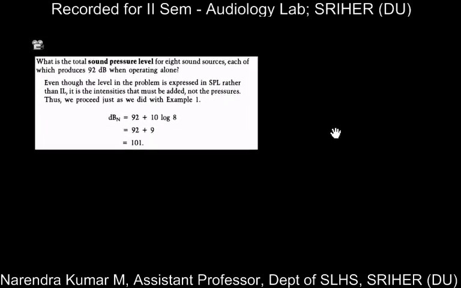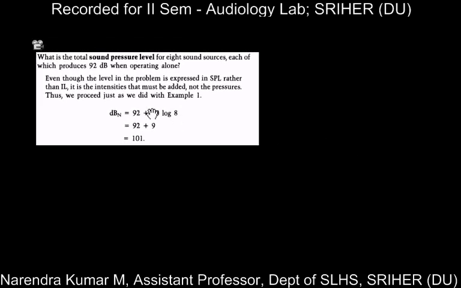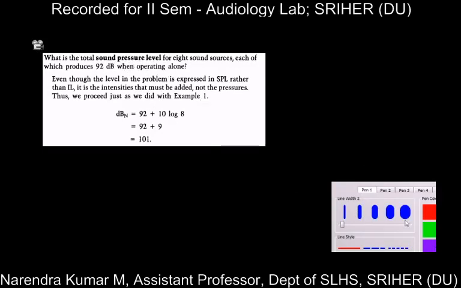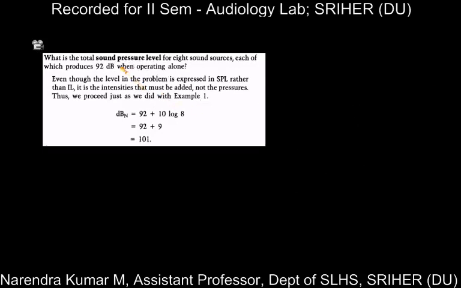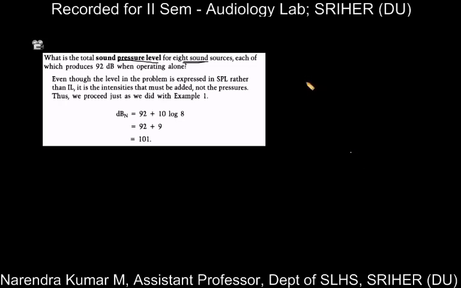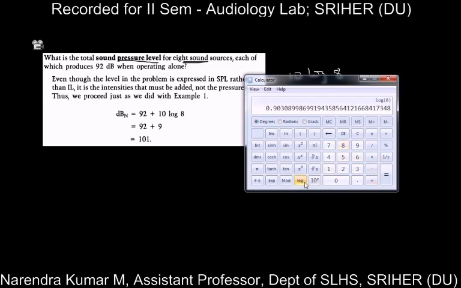Let us see the same with sound pressure level. Though it is sound pressure level, we are not going to use the formula of sound pressure level in addition. While adding, it is going to be the formula of intensity level. So only the intensity is going to be added, not the pressures. So here there are 8 sound sources. So we need to find 10 log 8. Log of 8 is equal to